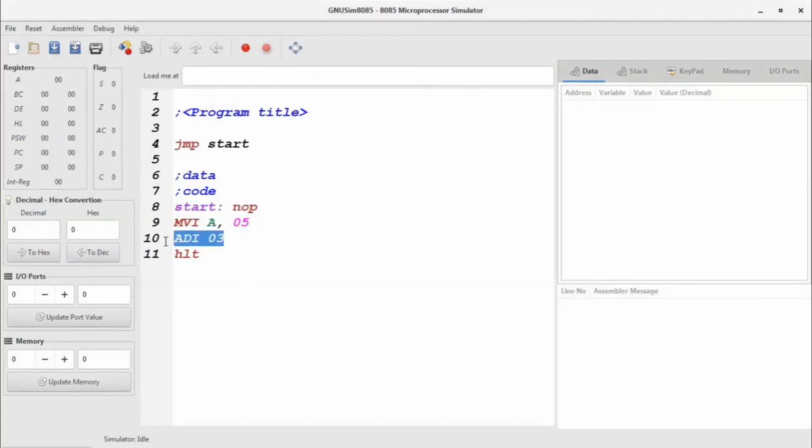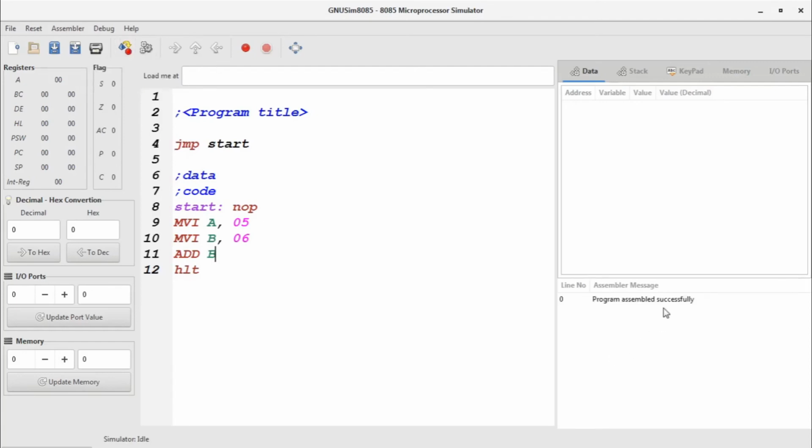Okay, so I was writing MVI B comma 06, and then I provided ADD B. Before you execute, you can also only assemble, like you only compile in the case of the GCC compiler and then afterwards you execute it. In the same way we can assemble here first and then execute. So let's assemble here.